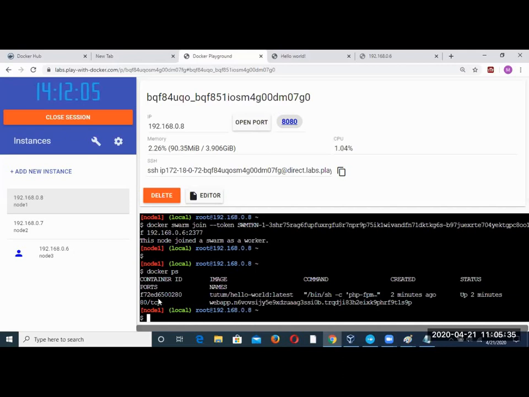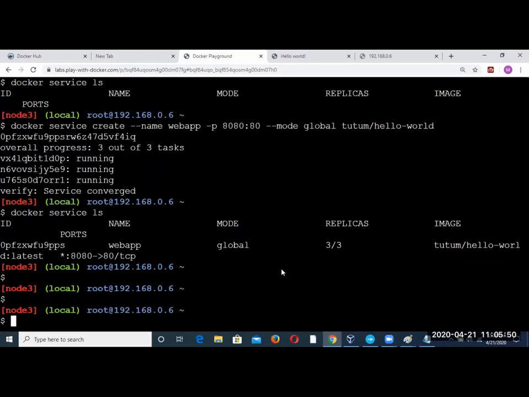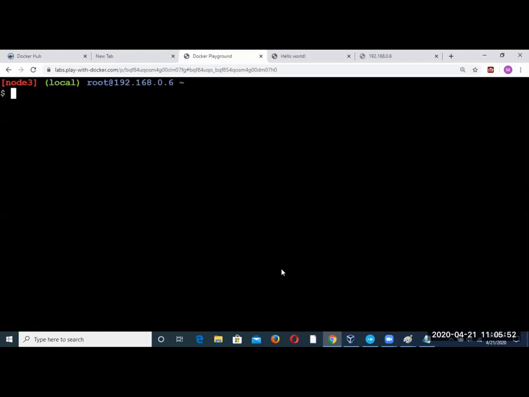Now, what if I want multiple containers? So let's make 3 replicas on each node. I'm removing this again.